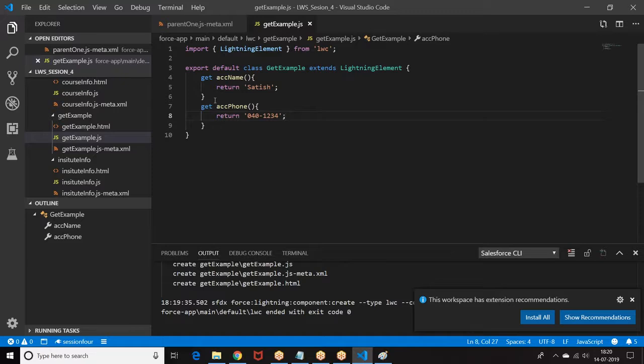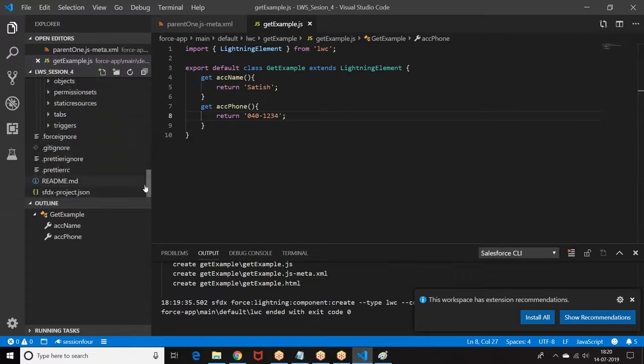I created get of ACC name, get of ACC name, get of ACC phone. So let me go to the component, try to use the component here.